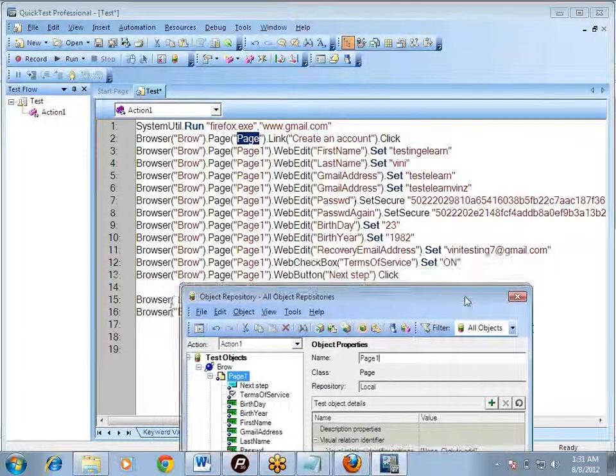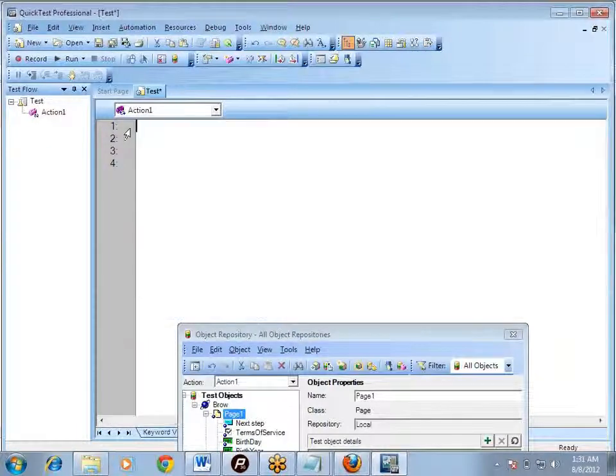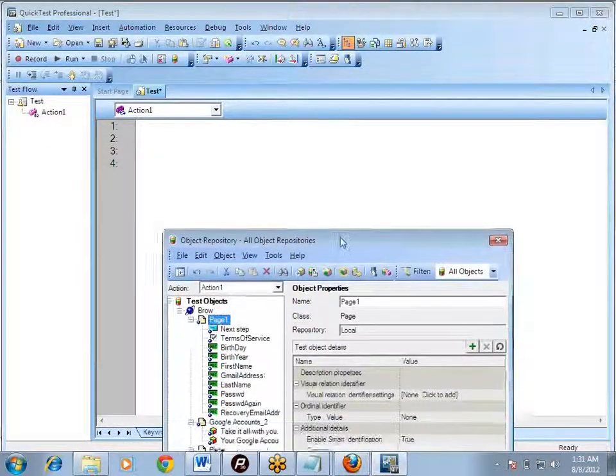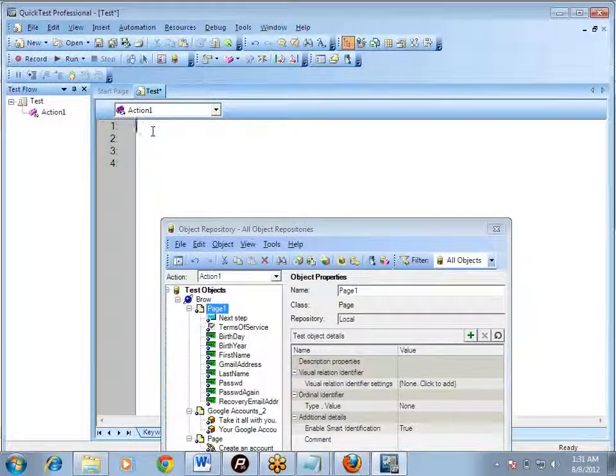Now the last thing which we are going to cover in today's session, let's read it. Now what if, through the object repository, I want to write my own code? I want to write my own code from the object repository. First thing, we know that every line in the script has two parts, the where part and the what part. So let's write about the what part.